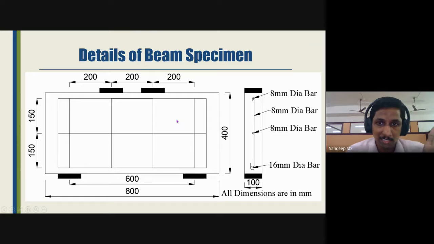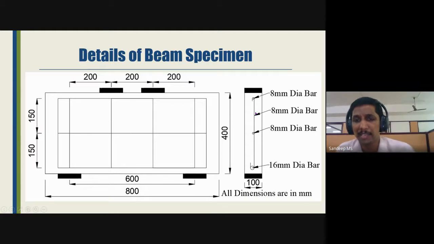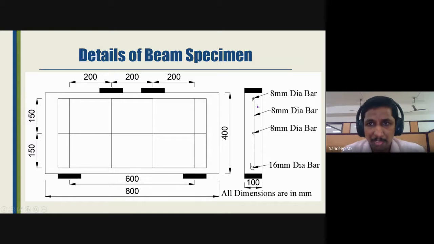Sir, this is the details of reinforcement and dimensions of the specimen that we will be analyzing today. This is a deep beam, so the effective span is 600, as you can see from this figure. Regarding the reinforcement, I haven't gone with a loop type reinforcement. Instead, I am giving a mesh for the ease of modeling, and we can save a lot of time. Otherwise, it would consume more time. So I thought of taking a simple problem like this.